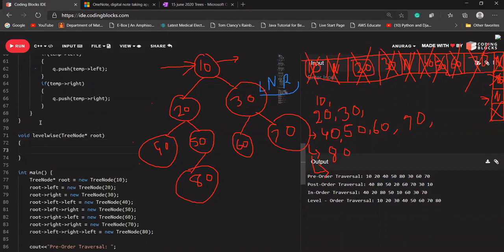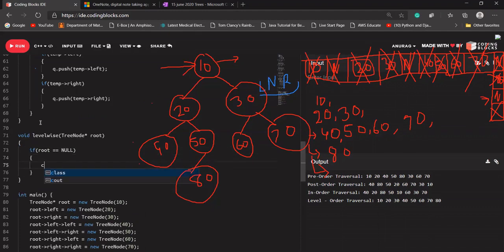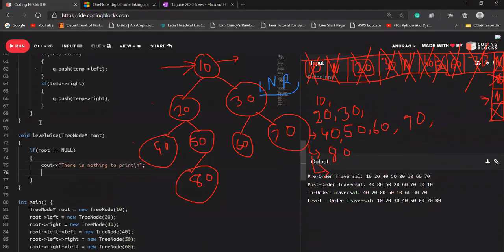So what I'm going to check first, again I'm going to check if root is equal to null. Do not do anything. Just cout a statement that there is nothing to print. Change the line from here and return.